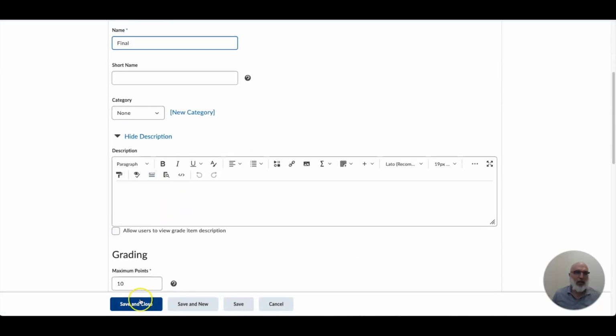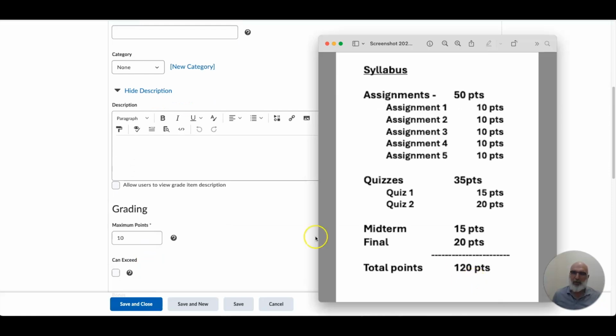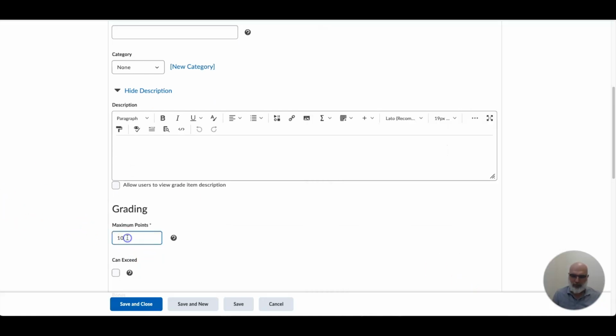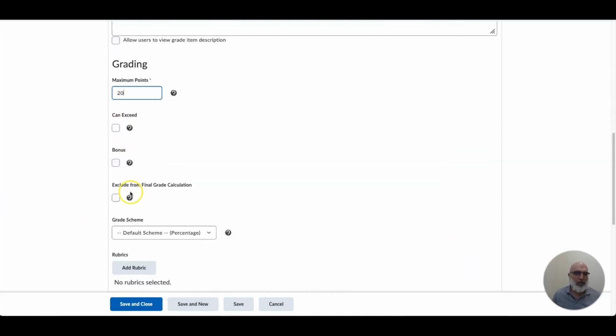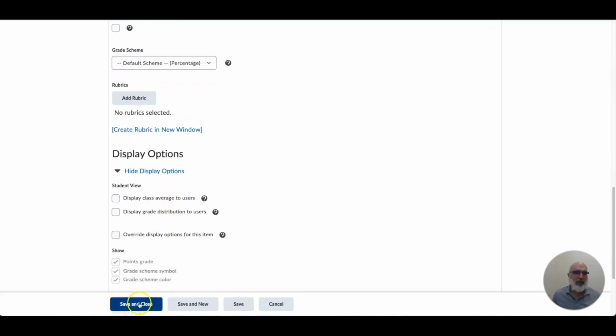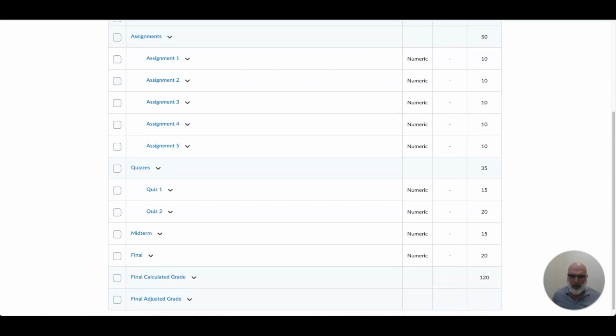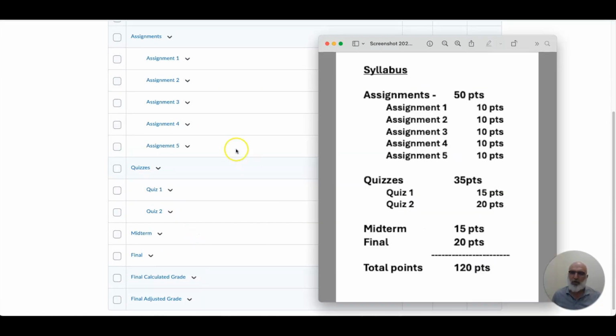No category again. Check my point value. It is going to be 20 points. No bonuses and so forth. Keep my grade scheme the same. And save and close. And then what I'm going to do here is just compare, make sure here is my